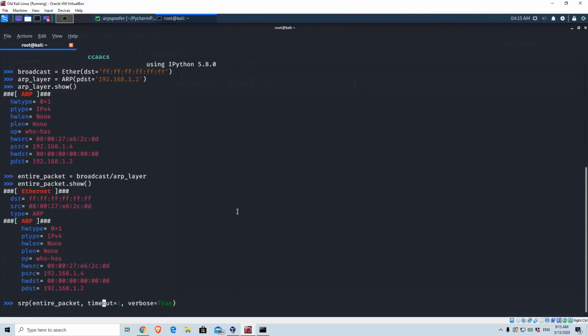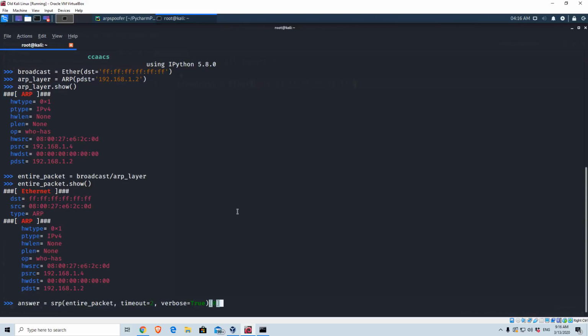Now, this actual function will retrieve two lists. The first list will be the answered responses, and the second list would be the unanswered machines. Alright, so in order to actually print that list afterwards, we first of all need to store it, and let's call the variable answer. And since I just mentioned that it retrieves two lists, we want to pick the first list by specifying this 0 inside of square brackets,